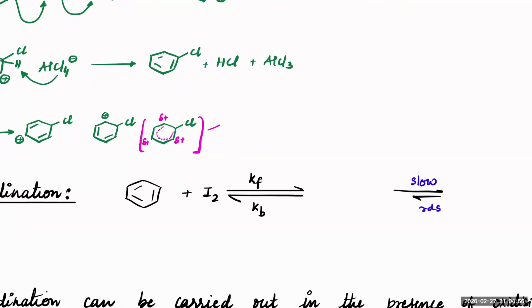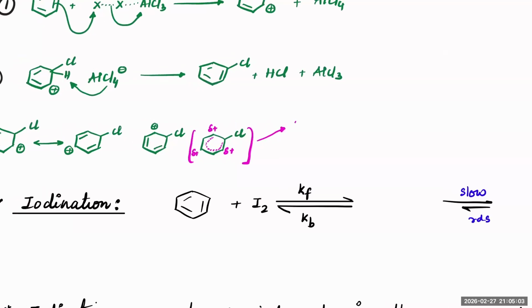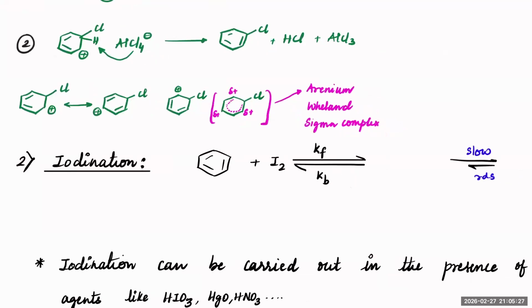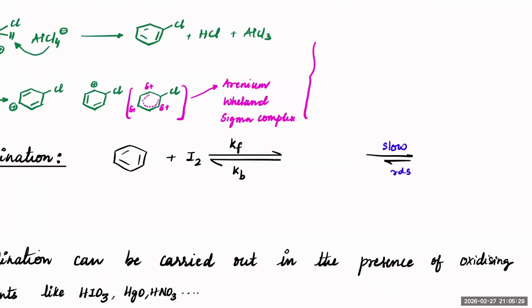And the hybrid form, right, stability of this hybrid form is what you are supposed to check for the rate of reaction. This is called arenium carbocation, or valent carbocation, or sigma complex. All of these are alternative names for this intermediate. Okay, so stability of this complex,